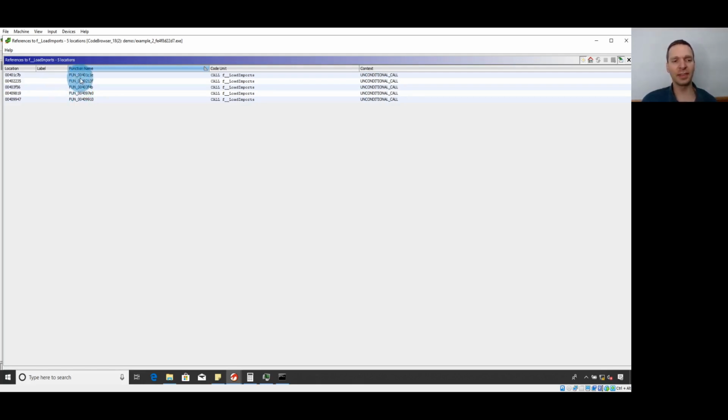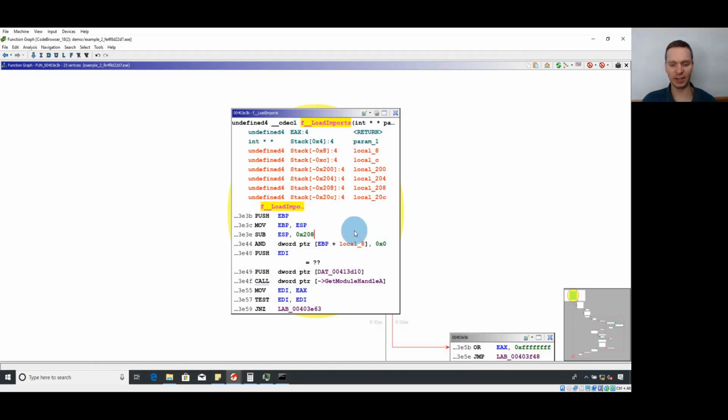I don't have to worry that this load imports function isn't on the main code path because I can change my EIP in order just to run these because they're basically standalone functions. And most of the time when we have a load imports, they work that way. So it's not a big deal that it's not in the main code path, and we'll show you how to deal with it. The one other thing I needed to do is if I go to the entry,